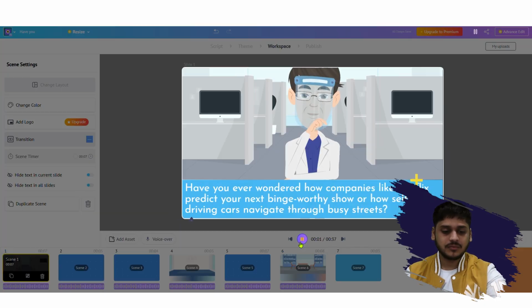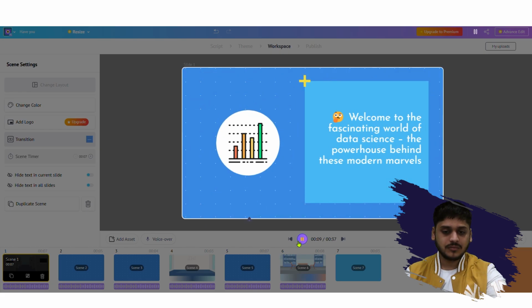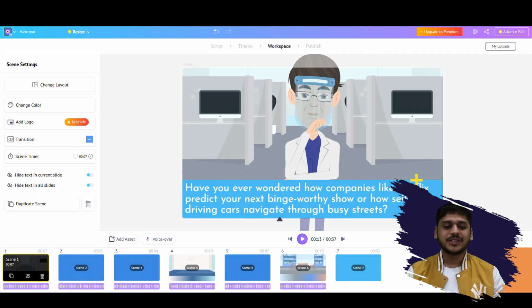Have you ever wondered how companies like Netflix predict your next binge-worthy show, or how self-driving cars navigate through busy streets? Welcome to the fascinating world of data science, the powerhouse behind these modern marvels. In today's digital age,